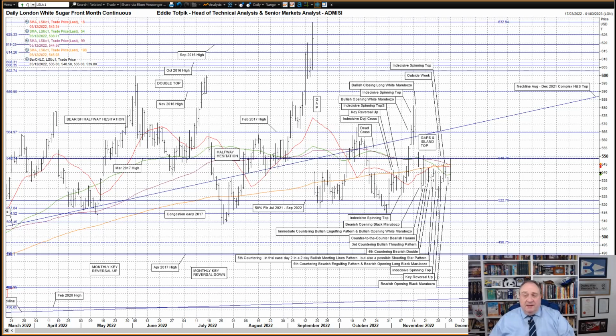A bearish engulfing pattern and bearish opening long black Morozov. Even today, we are still in between these two capping forces: the capping March 2017 high at 548.70 and the support 50% Fibonacci below at 522.80. Nothing's been sorted out